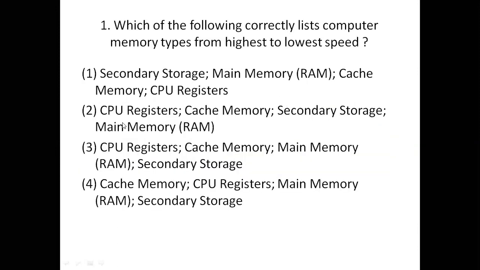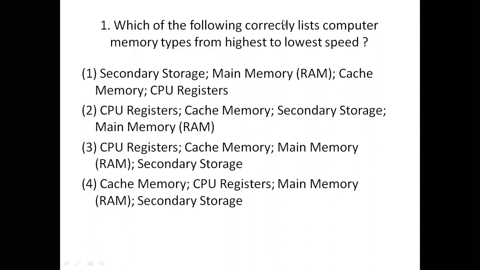Let's look into the question they have asked us. What is the order from highest speed to lowest speed? Remember, the CPU register. There are certain registers inside the processing unit which will be considered first, and they are very fast to access. Moving on to the next one, cache memory. Cache memory is a small storage unit located near the CPU or on the motherboard, but it comes after the register. Then it will be main memory, which is classified as random access memory, and then we move on to the secondary memory.